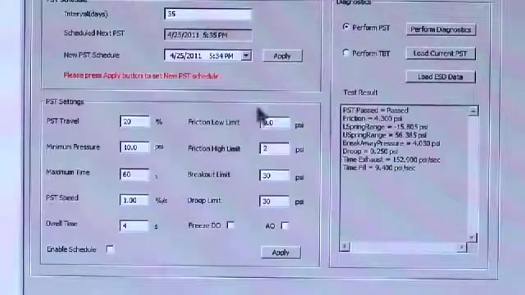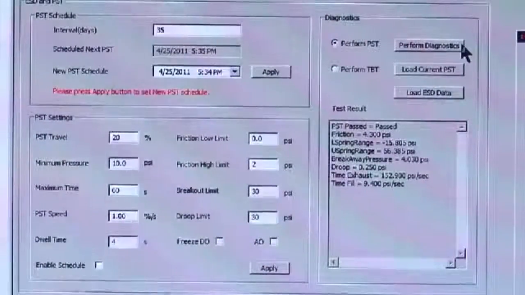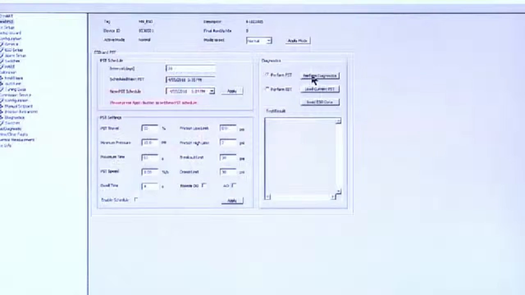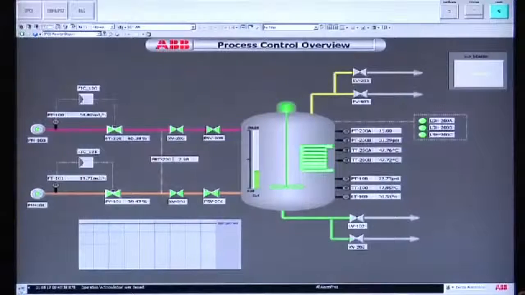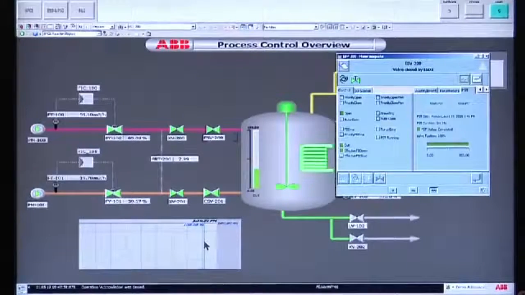To the right-hand side are buttons that allow us to perform the test or load information from the previous tests and so on. So we're going to trigger the test with the Perform Diagnostics button. From this screen, we're going to then switch to an operations display where we see a faceplate that relates to the partial stroke test, and also a chart at the bottom where we're showing the valve travel in percent. The upper valve closest to the reactor is the valve in question that we're using,